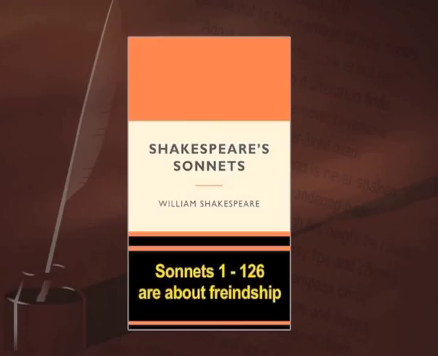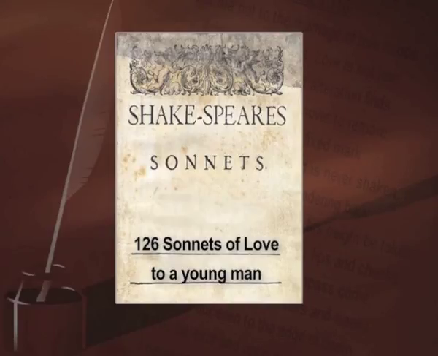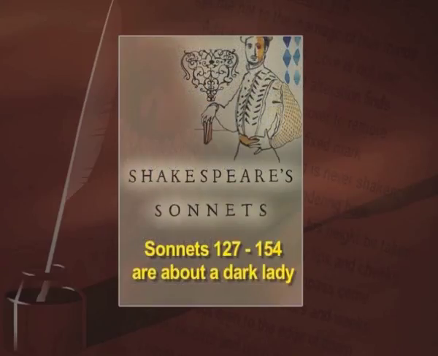It is interesting to know that some of these sonnets, from sonnets 1 to 126, are about friendship, others are about love. Some of them advise the young man to get married so that he will leave copies of himself, because otherwise beauty such as his would be lost to the world. And the whole thing is framed in a verse of homosexual love, which is of course forbidden during Shakespeare's time, and therefore the fact that he wrote 126 sonnets of love to a young man becomes a rather problematic concern. The remaining sonnets, 127 to 154, are about a dark lady.